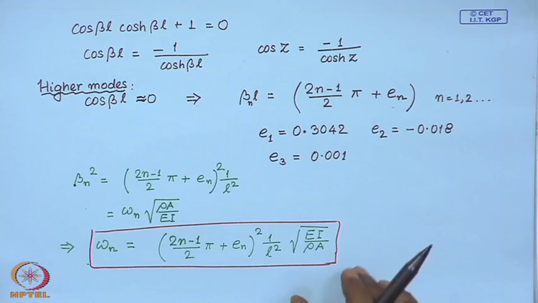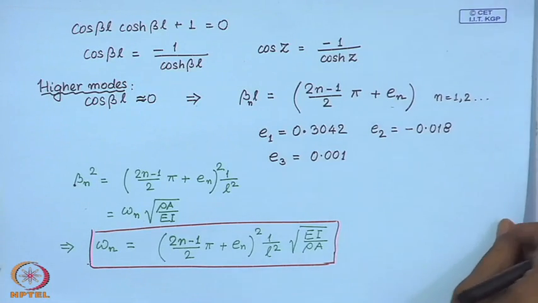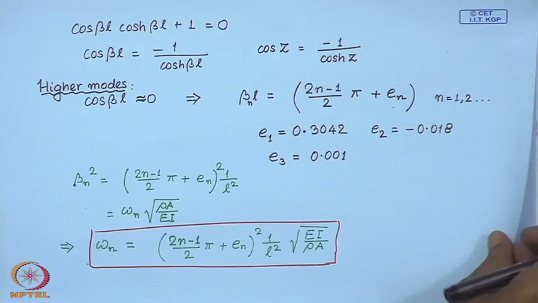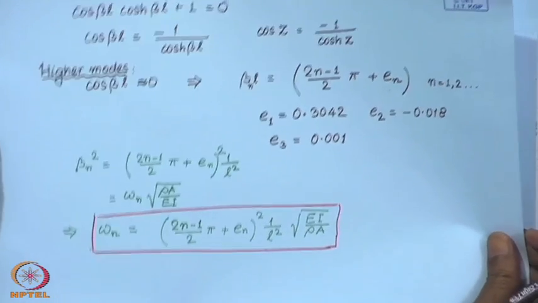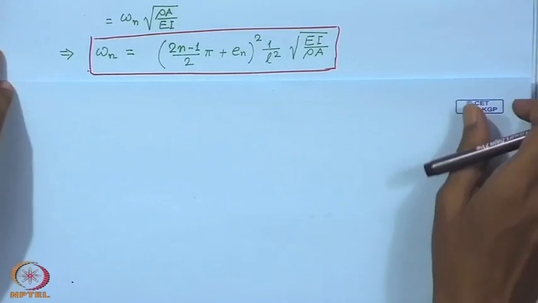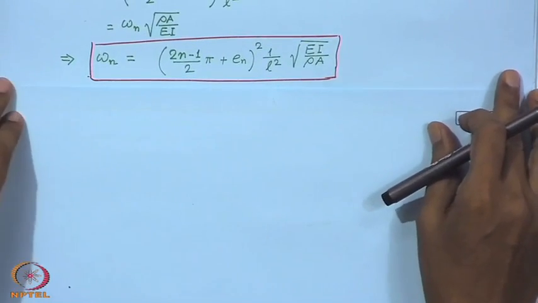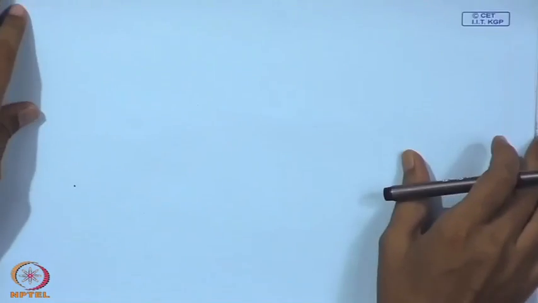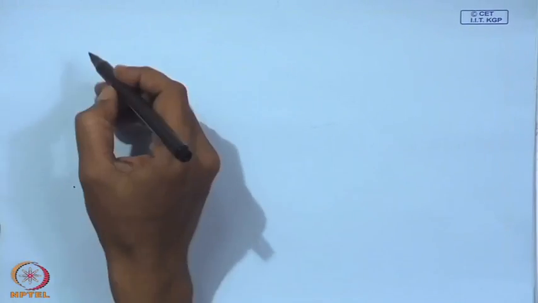Now, corresponding to these circular natural frequencies, one can calculate the eigen functions from the general solution that we discussed. So, these are obtained as